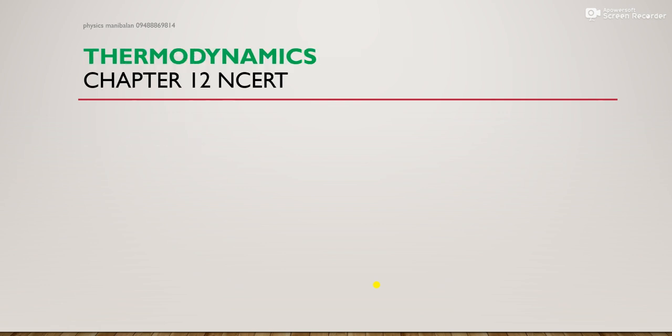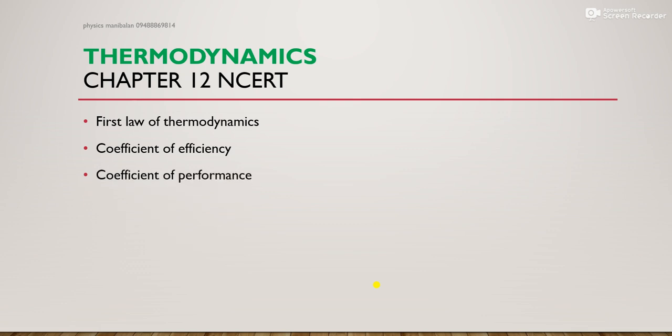Okay, the next one, chapter 12, thermodynamics. Some questions are asked from thermodynamics. First law of thermodynamics based questions are also asked: the change in given energy is equal to the change in internal energy plus work done. Next, the coefficient of efficiency formula you also need to know. Efficiency is equal to (Q1 minus Q2) divided by Q1. The coefficient of performance you also need